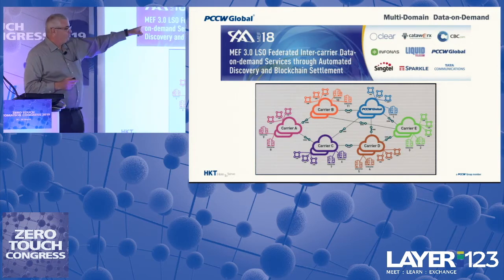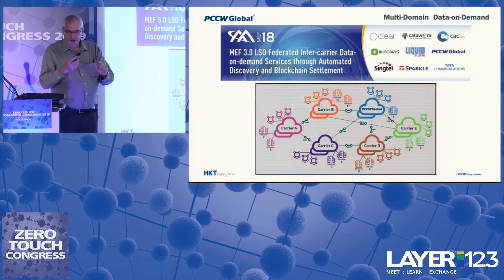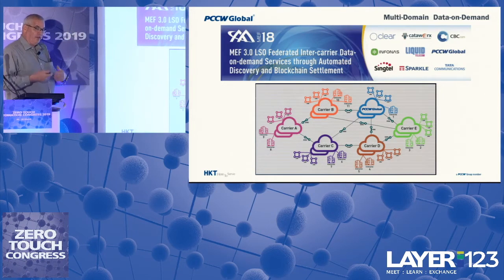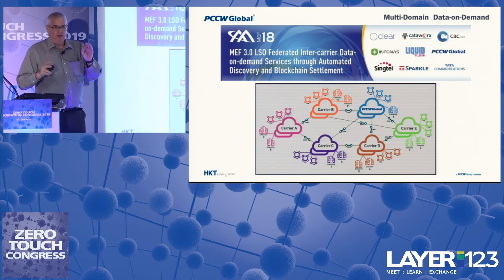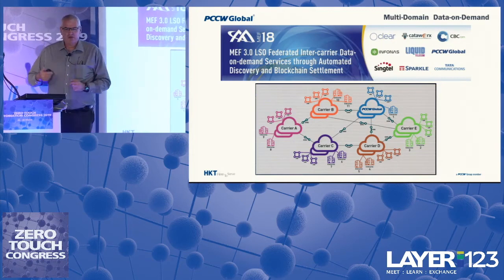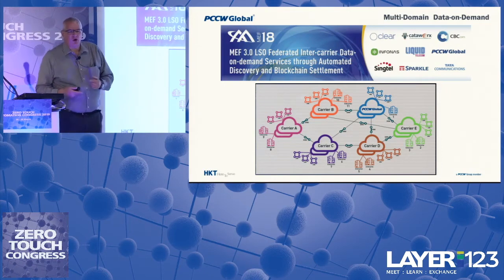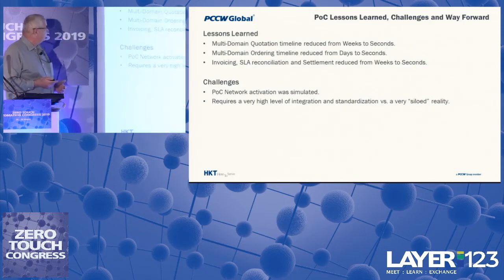All catalogs were using the Cutterworks catalog, and all entries were in a very standardized format of a catalog entry: a location, price based on time, the bandwidth related, and the quality of service. Keep in mind, with voice traffic, it's very easy. The commercial agreement is very easy. All you need to do is define the destination and the rate per time. With data, it's quite complex. Do we charge by the mile? Do we charge by the quality of service? Do we charge by the time? Do we charge by the bits? Do we charge by the maximum consumption over a period of time? There's no standard, so we don't speak the same language. That doesn't really work.